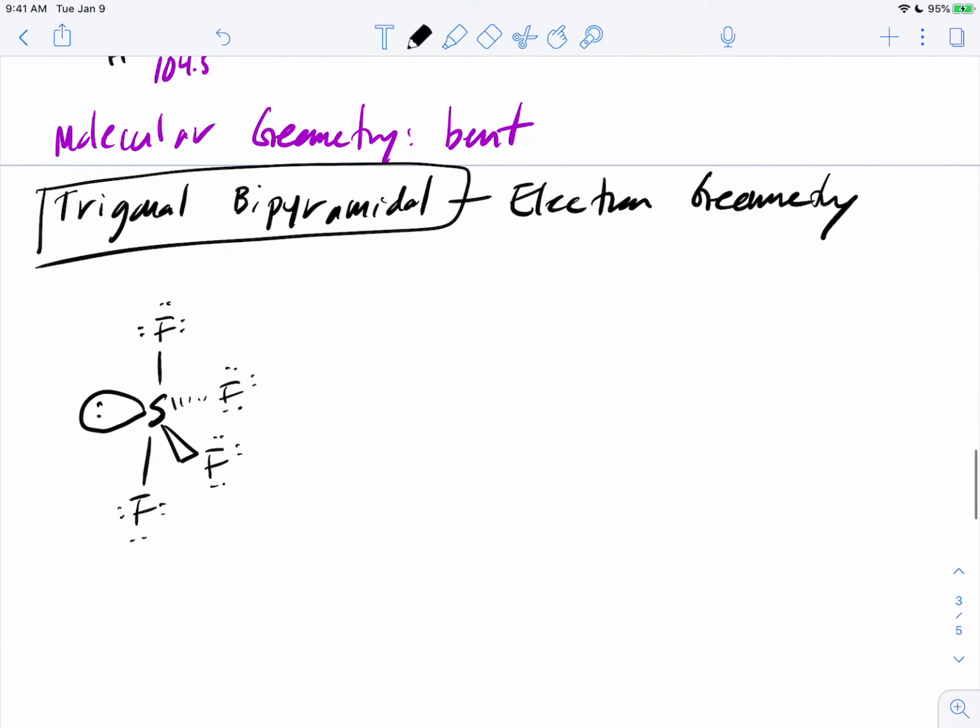And so if we look here, this particular shape, you might not be able to see it, but if you put it on its side, it kind of looks like this. And so the molecular geometry is seesaw,